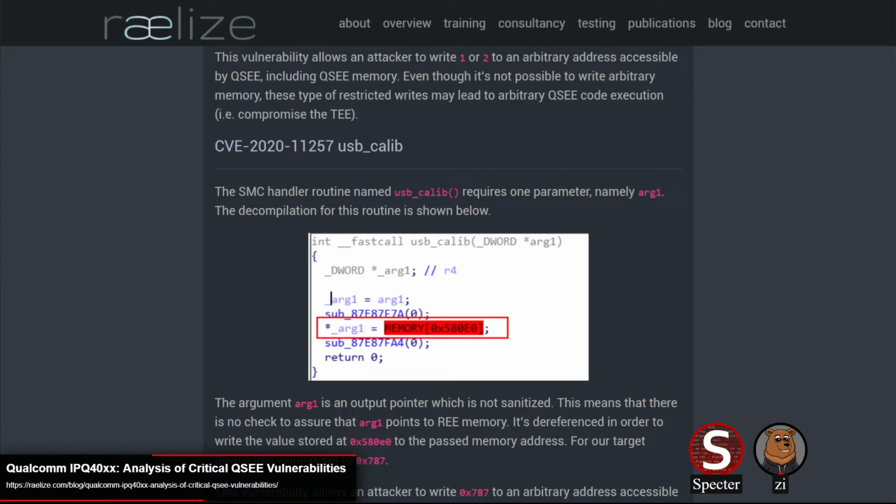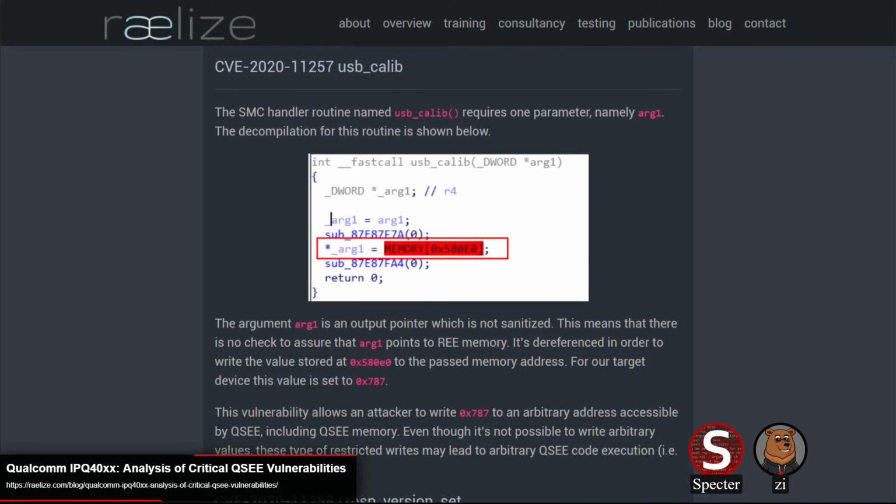And I kind of have a scenario like that for the next bug too, which was found in USB GLib. It had another pointer argument that wasn't range checked, and it'll write hex 787 to any address. Again, that may seem heavily constrained, but you could use this to smash the length of a different object to trigger a more useful overflow. You can get a length set for an object that gets allocated, smash that length post allocation, and get a copy that uses that length, and you have an overflow.